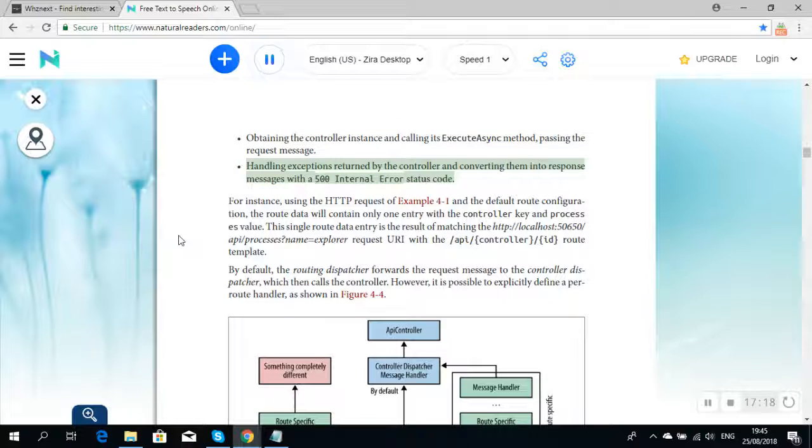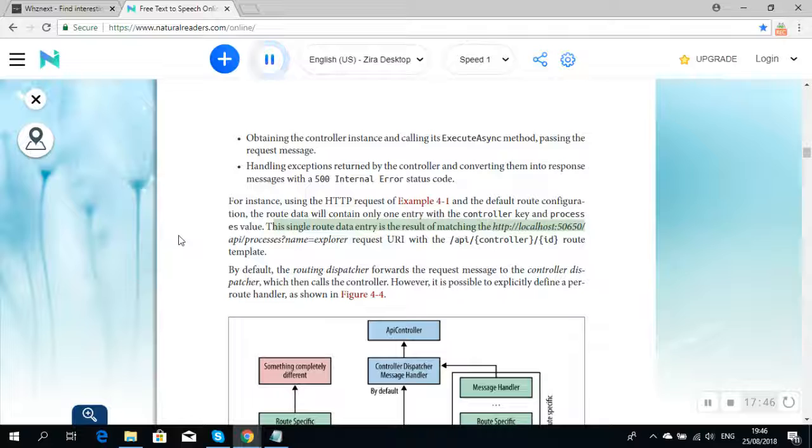It also handles exceptions returned by the controller and converts them into response messages with a 500 internal error status code. For instance, using the HTTP request of Example 4-1 in the default route configuration, the route data will contain only one entry with the controller key and the value processes. This single route data entry is the result of matching the